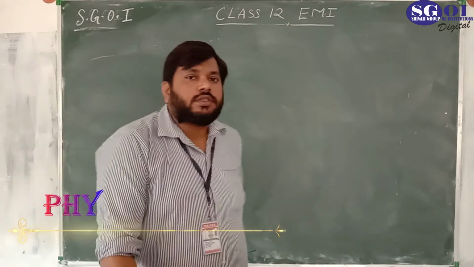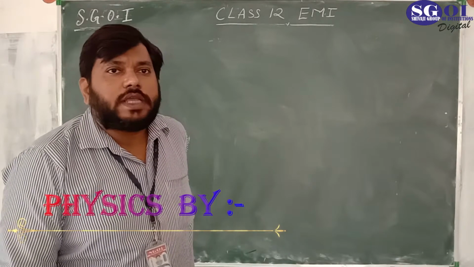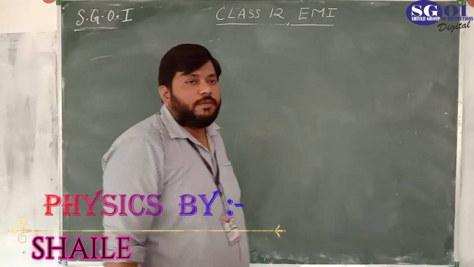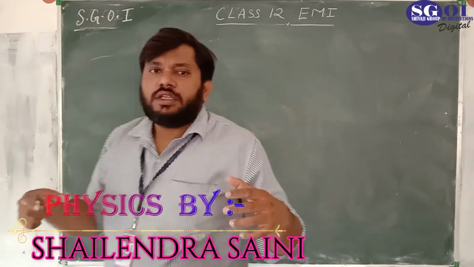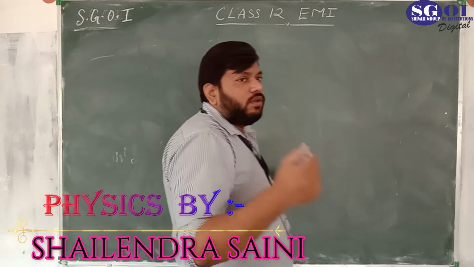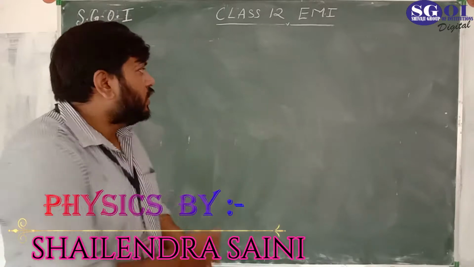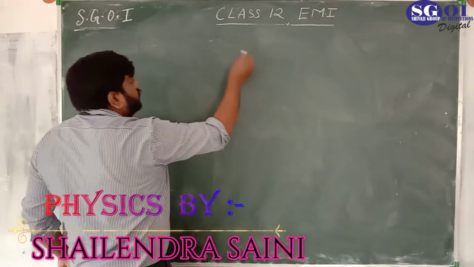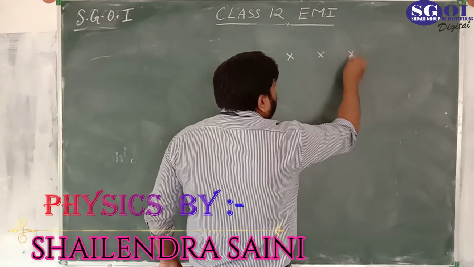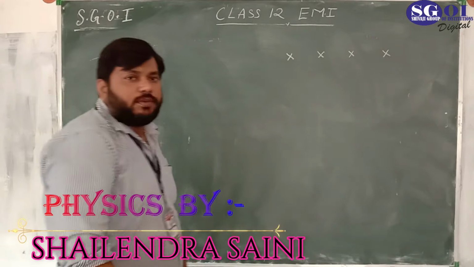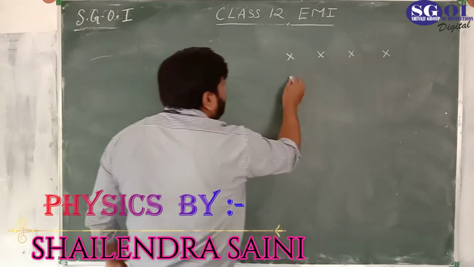Good morning, students. Now we are going to find the formula expression for the induced EMF when a conducting wire of fixed length is moved with a uniform velocity in a uniform magnetic field, linear motion. So let's see. This is the uniform magnetic field. One more important point: if this is a uniform magnetic field, the distance between all these lines will be the same.